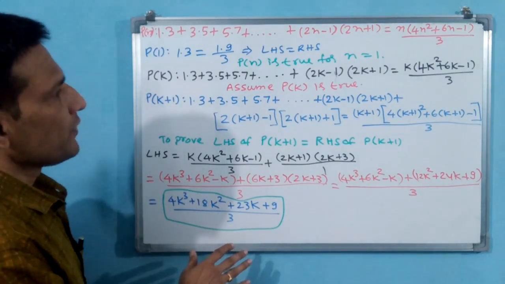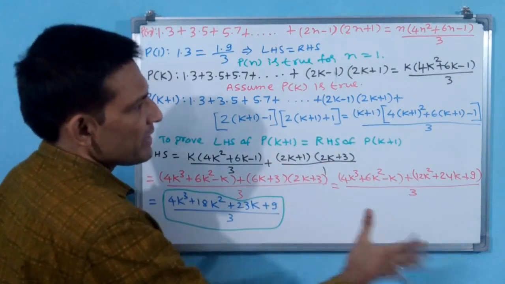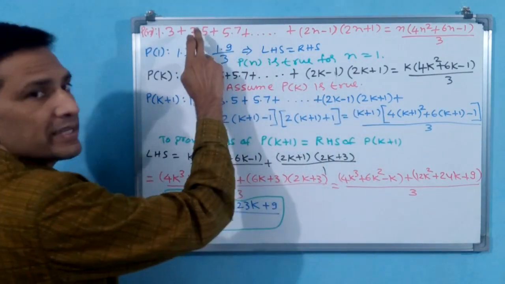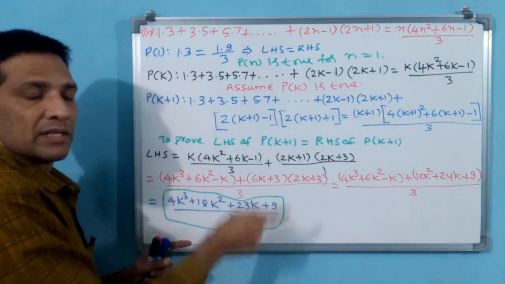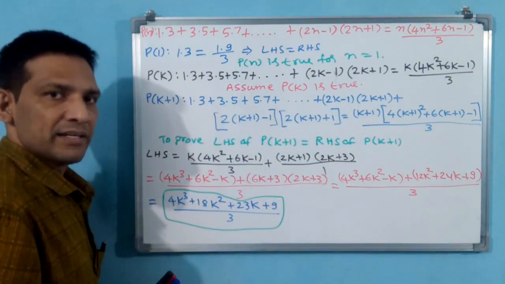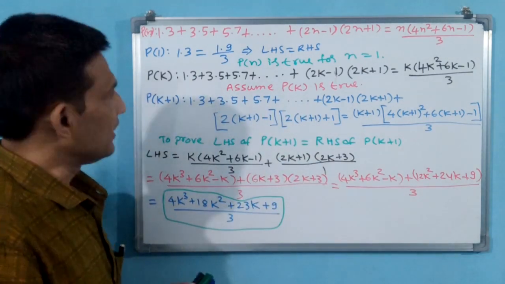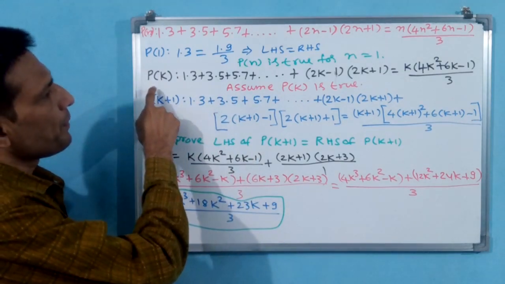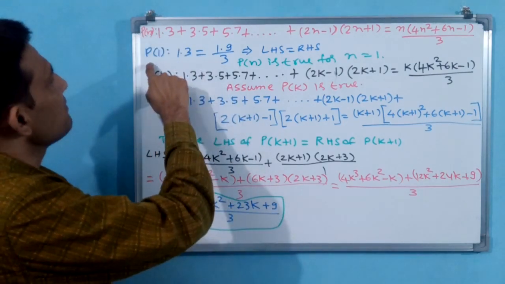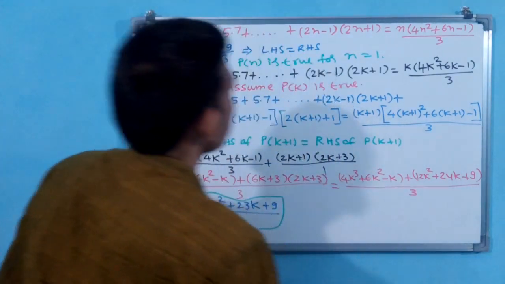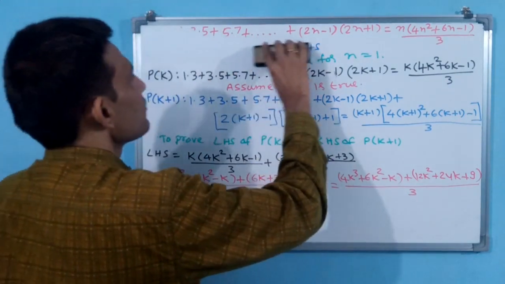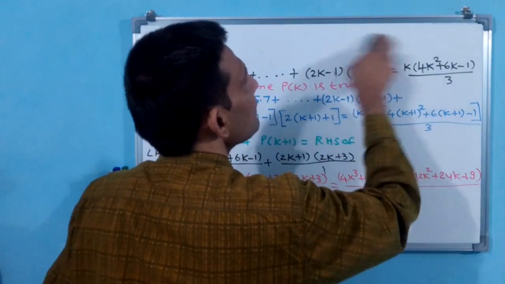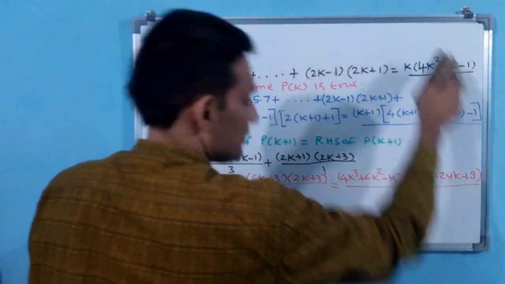Now RHS: even if you write here, you cannot simplify, so this up to P(k) I am removing. This RHS we will simplify here, and the RHS final result also we have to put in a box. If both boxes are equal, then we can write LHS is equal to RHS, P(n) is true. You can note down by pausing the video up to P(k). Let me try up to P(1); if not sufficient, we will remove further. Up to P(n) I am removing here.